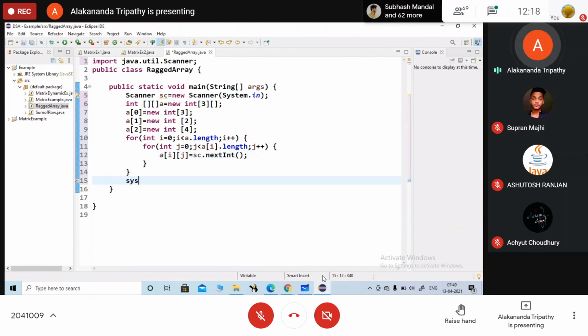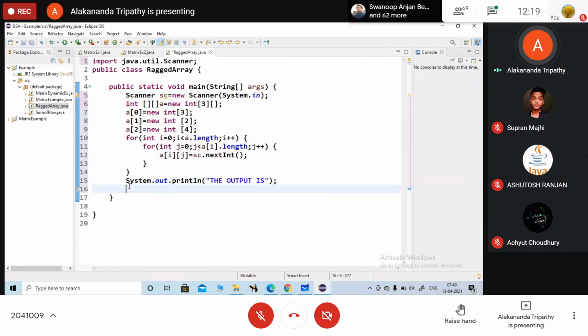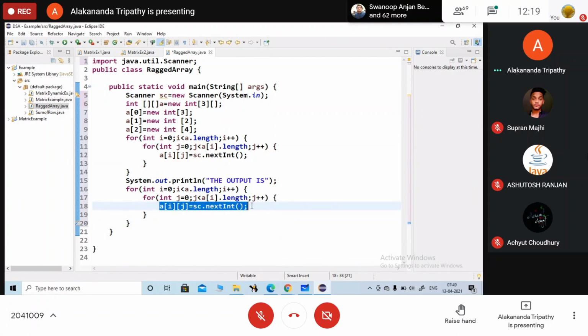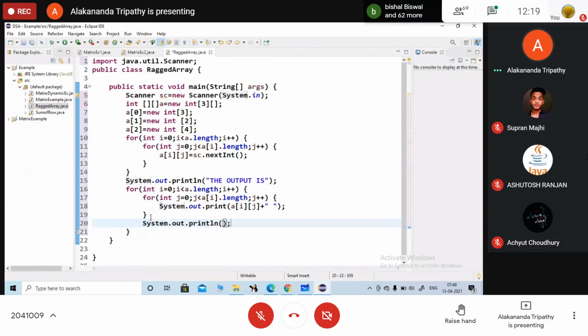Then in order to display the value, okay, now I will run the code.